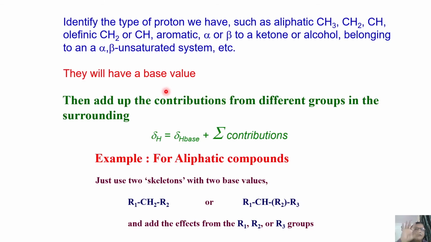To start, the value is given to you. You don't need to worry about it. Then start summing up the various contributions one by one. Keep on adding everything and find out the total chemical shift you get. You get the point. That should be your predicted chemical shift after adding all the contributions to the base value. Now, for example, we take this group CH2, which has R1 and R2 substitutions on either side. Or we can have a CH, with R1, R2, R3 as the substitutions. And then CH2 can have an additive effect because of R1 and R2.